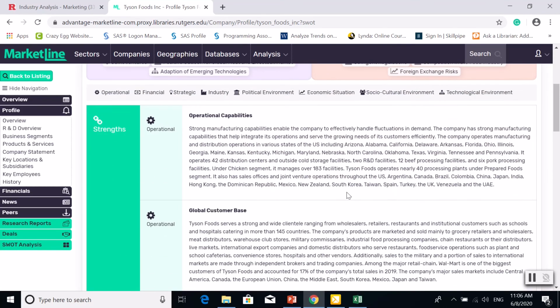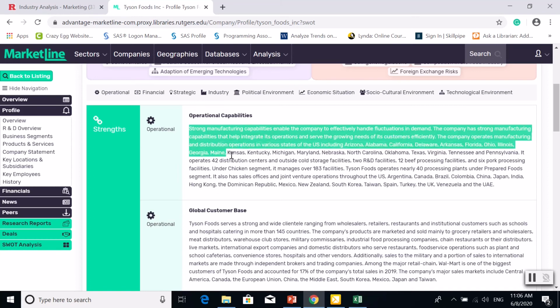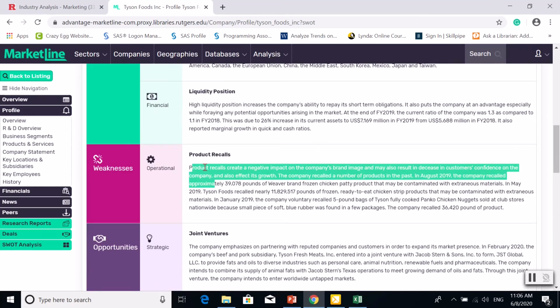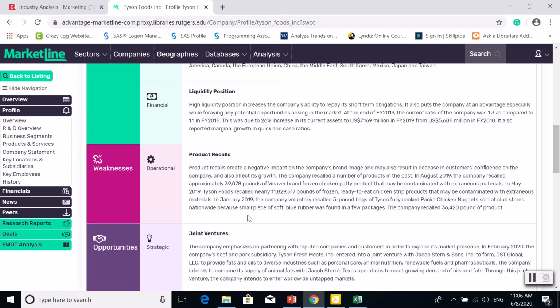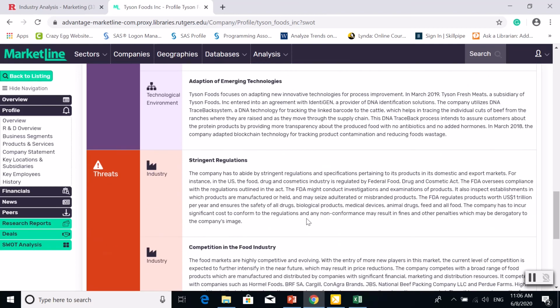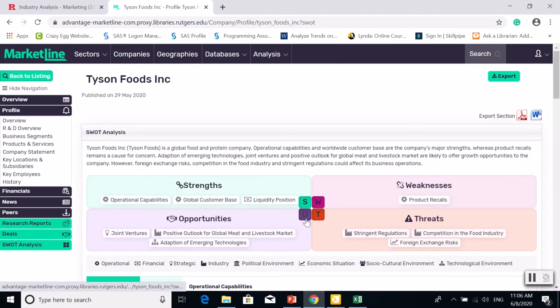food industry. The good thing about their SWOT analysis reports compared to others is they provide a breakdown on why this is a particular strength, and they provide an explanation why this is a particular weakness, so we can see product recalls, and it gives us an explanation why. Opportunities and threats against this company. And if you wanted to export this particular report, what you would do is click on the PDF on the right hand side,